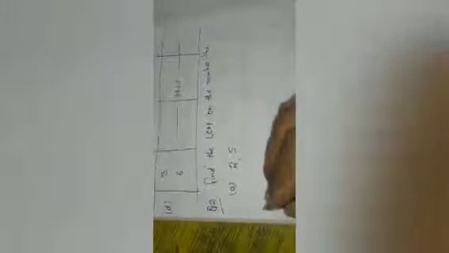Now students, question number 2. In question number 2 it has been given, find the LCM on the number line. The numbers have been given in A part of question number 2: 2 and 5. So look here, how can we find the LCM on the basis of the number line method. First we will take the first number, 2.